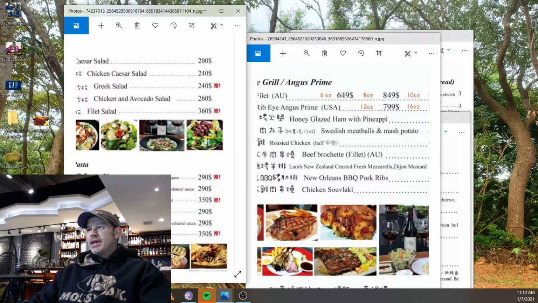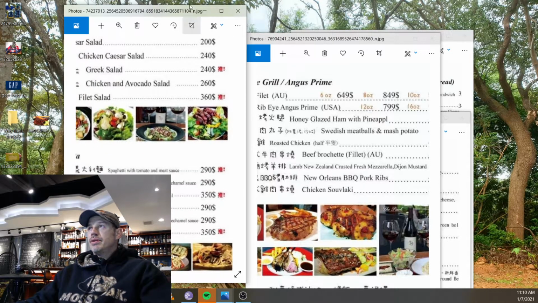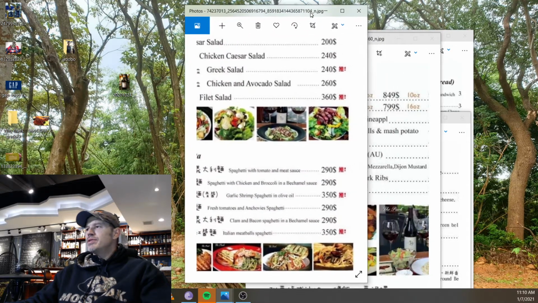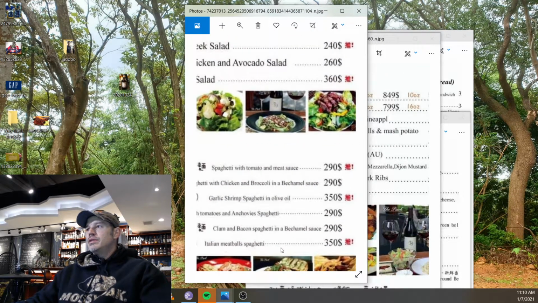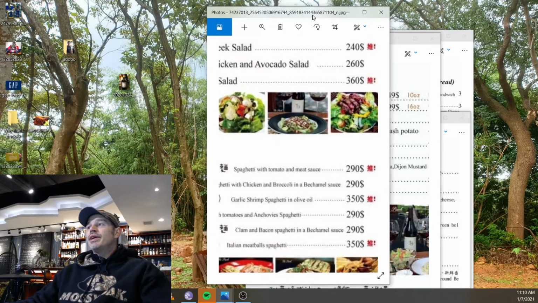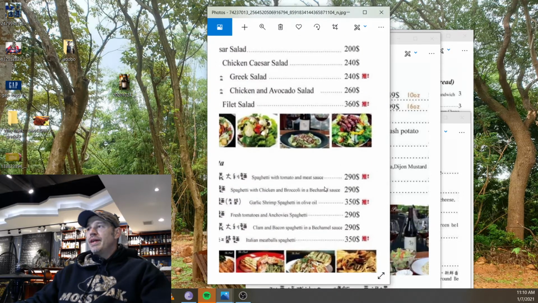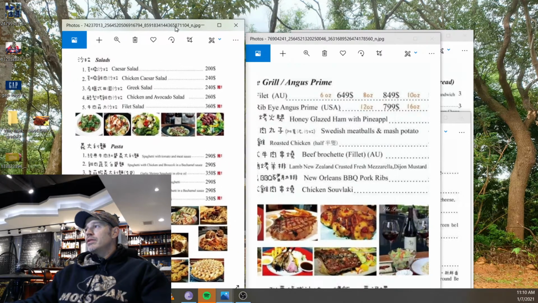So like I said, I have here the Italian meatball. Sorry, it's behind my face. It's the first time I use this software. So Italian meatballs. And if you look here, while we're in pasta, I have another one, chicken and broccoli bechamel sauce. So you see the chicken is there as well. So I have two sources of chicken that I can use to make my things here. And spaghetti with tomato uses the same sauce as the Italian meatball, and we add the meatballs, right? So if we go back,